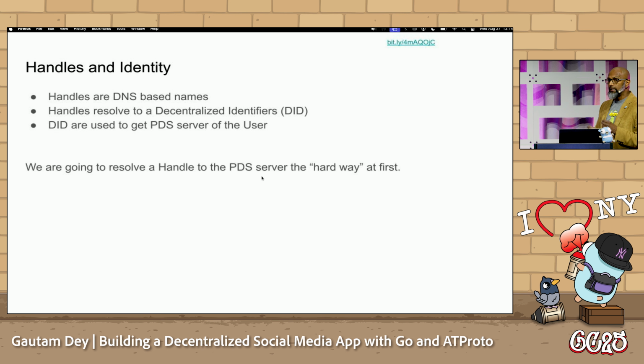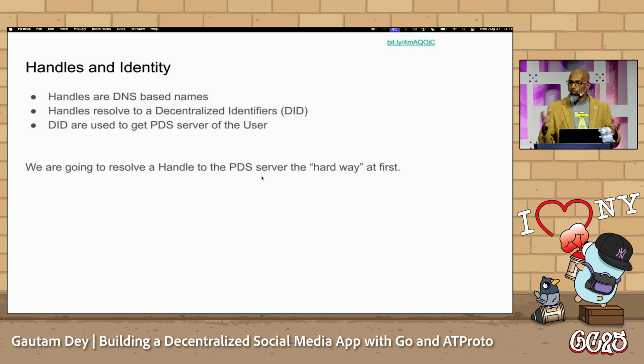But we need the ability to allow people to change out their handles because they may not continue to work for New York Times. They may go somewhere else, or they change jobs, or maybe the provider of that DNS record is no longer available. So what handles actually are, are aliases to something that is called a decentralized identifier, a DID. And we'll go into a little bit more detail about how DIDs are calculated and how they're made. And then DIDs, they're the ones that link to a document that points to the user's PDS server.